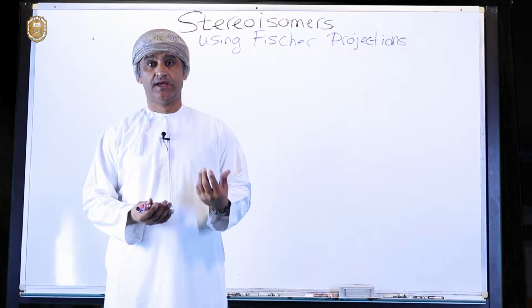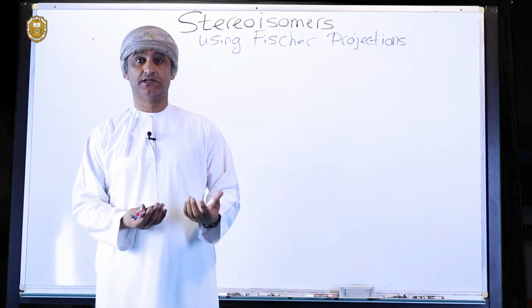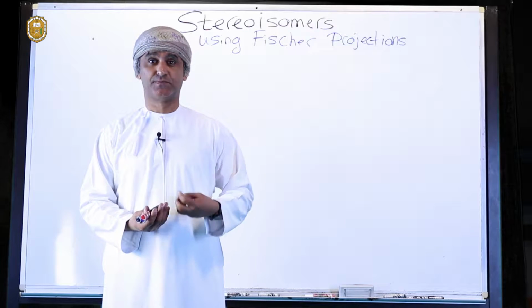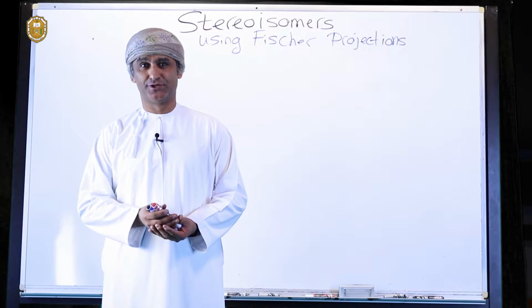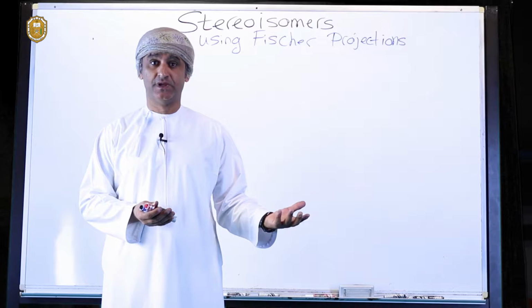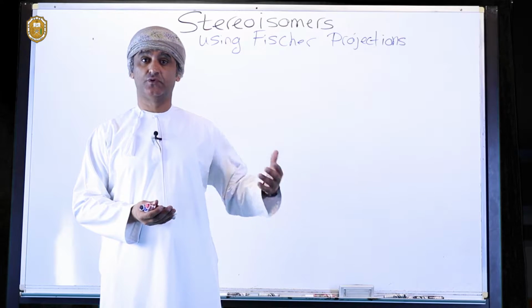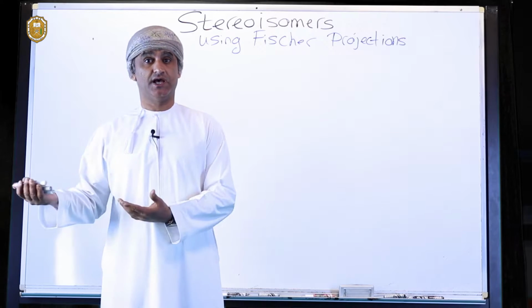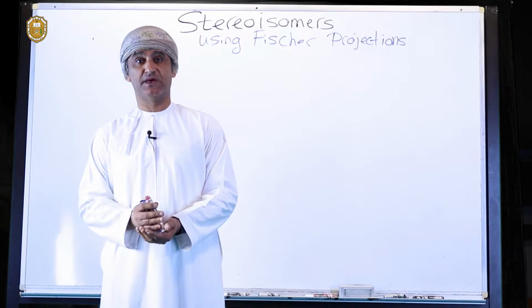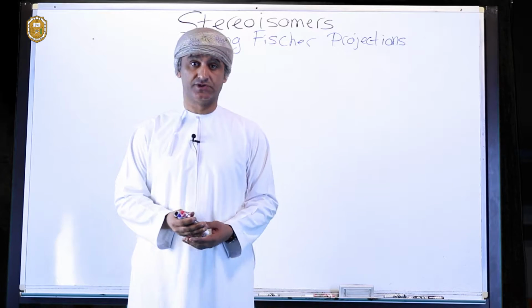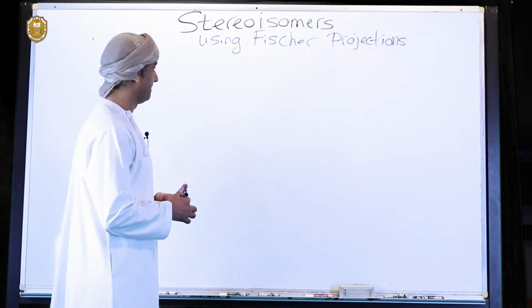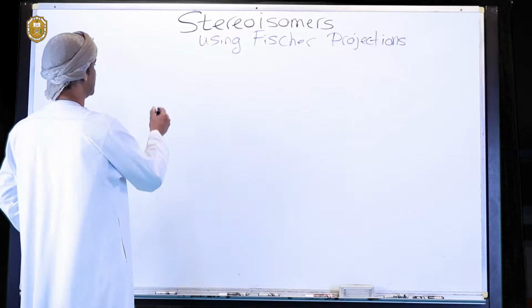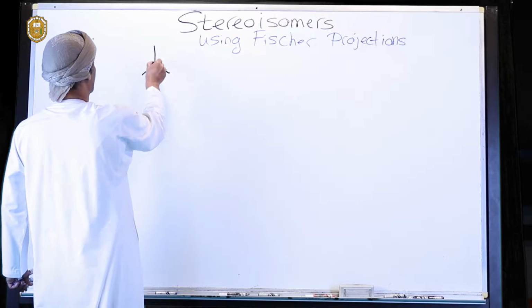In order to cultivate the skill of drawing stereoisomers, predicting the number of stereoisomers, and also drawing them, let's now take another example. And of course, we will also use Fischer projections, in addition to the method that we learned before, which is the tetrahedral drawing. This time we use Fischer projections. Let's take 2,3